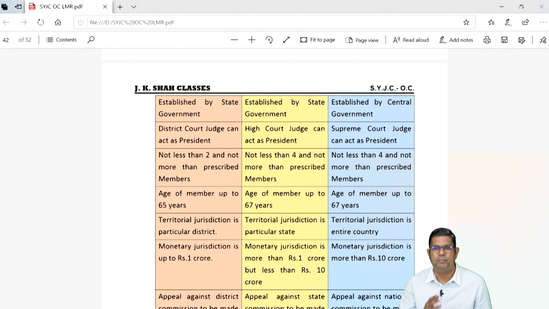लेकिन अगर आपके गुड्स सर्विसेज या उससे निकलने वाला कॉम्पेंसेशन का वैल्यू 1 करोड़ से ज्यादा है लेकिन 10 करोड़ या उससे कम है, then it will go to the state commission. And if the value of the goods or services or the compensation that arises out of it is more than 10 crores, then it has to go directly to the national commission. So this is nothing but the different levels based on the amount of the goods, service or the compensation.